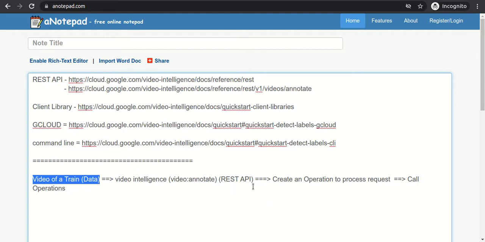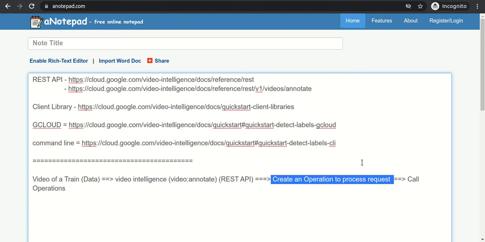After that it will create an operation, right? I will explain what an operation is and show you how it is created. For now, just keep this in mind. We have passed the data to the REST API and we are expecting it to just give us the output, so where does this operation come from? Before creating an output, it will do some kind of processing request, because a video is a mixture of images, so it has to read each and every frame of the video.